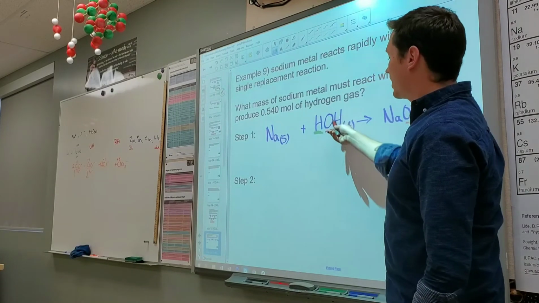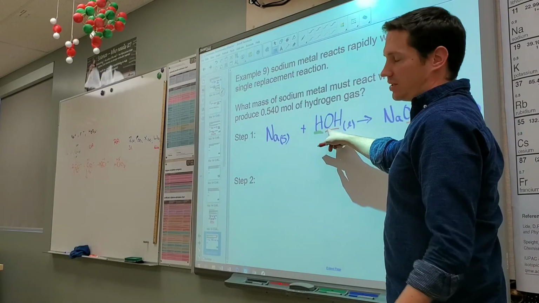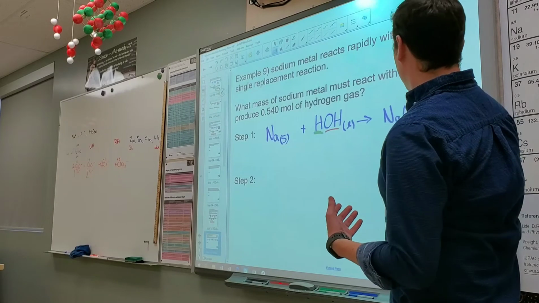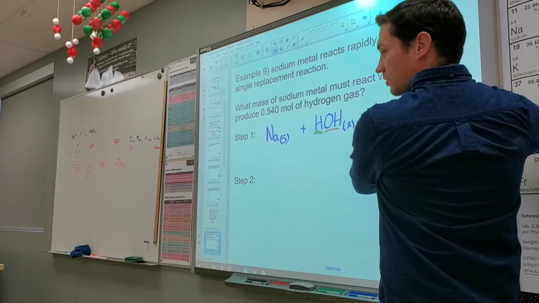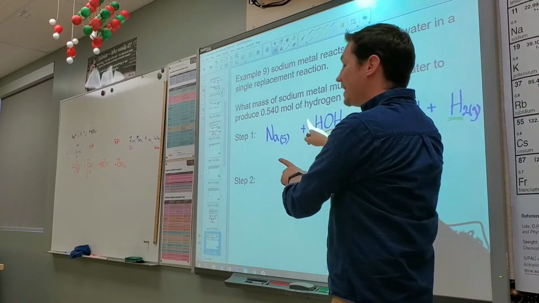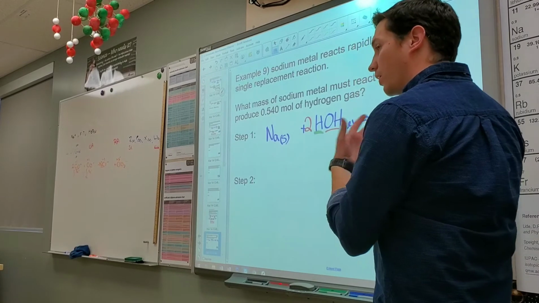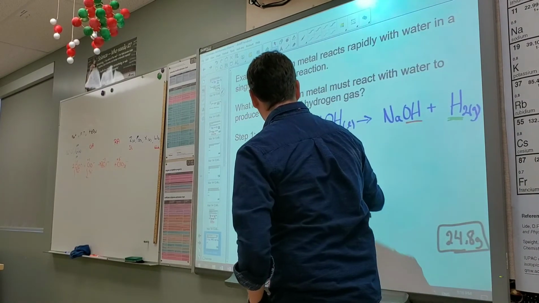Well, I can't kick out both of these hydrogens because what would I be left with? Oxygen. Just an oxygen. So I can't do that. So the idea is that if I needed to kick out both of these hydrogens, then I needed at least 2 water molecules in order to make hydrogen. If I were to take a look at what water looks like,